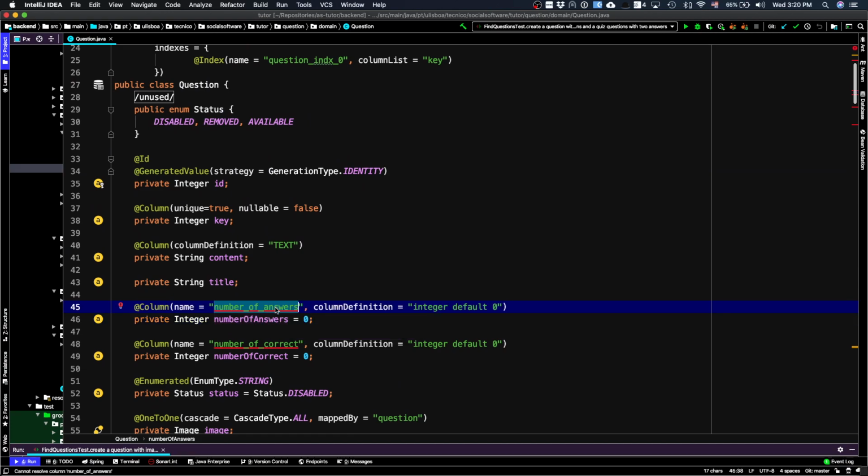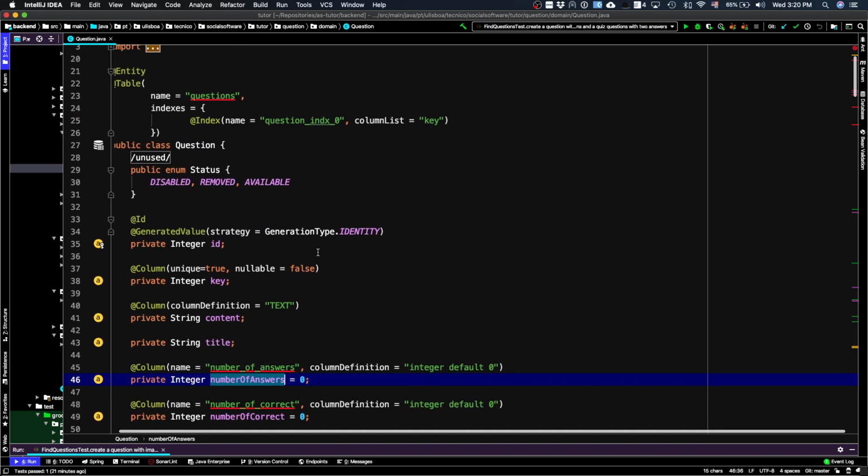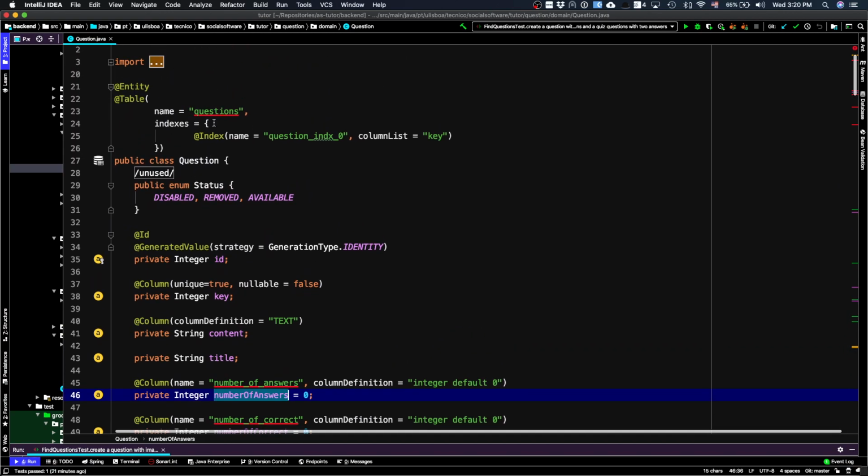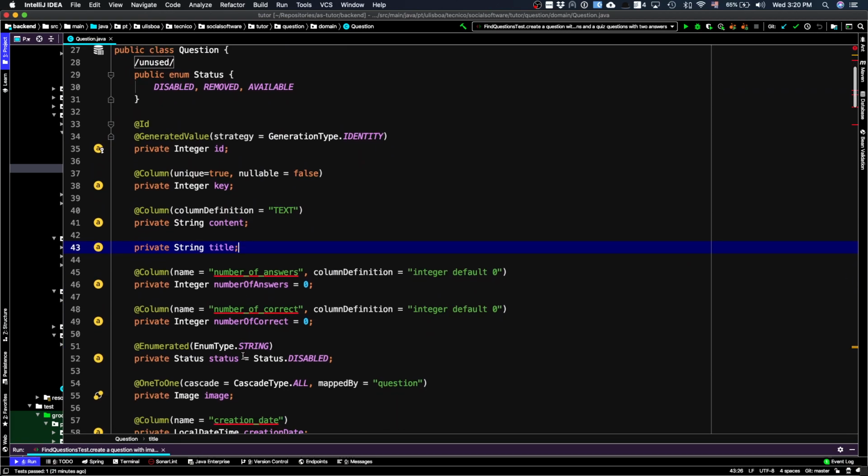So camel case to snake case. Which means that this is basically irrelevant here because it is what they automatically generate there. Note that that's not the case here, because we have Question and we decided the table is questions. Okay? And then you have another